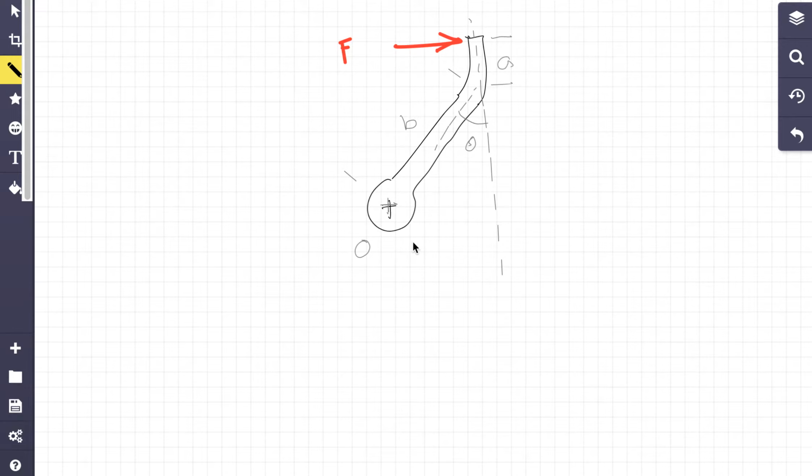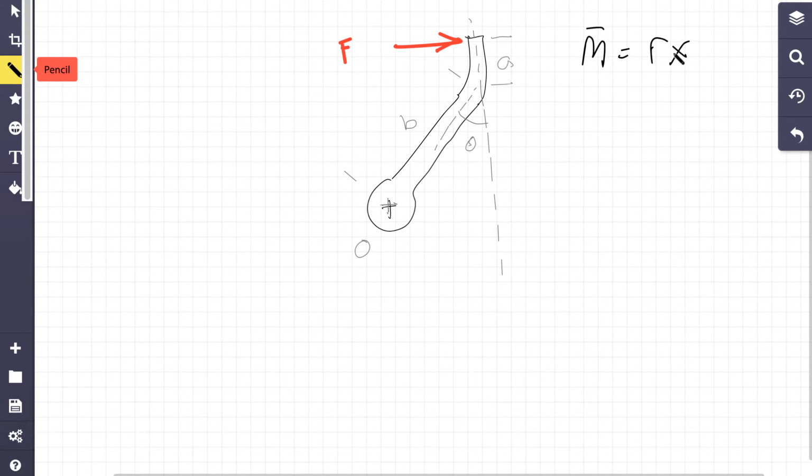Well, hello and welcome. Today we're going to look at, for this particular case, how the moment about O created by this force F here. So the general equation to find the moment for this is the M vector is equal to the r vector, which is a displacement vector, cross multiplied by a force. We have the force, but we don't need, this is a general equation, but also remember